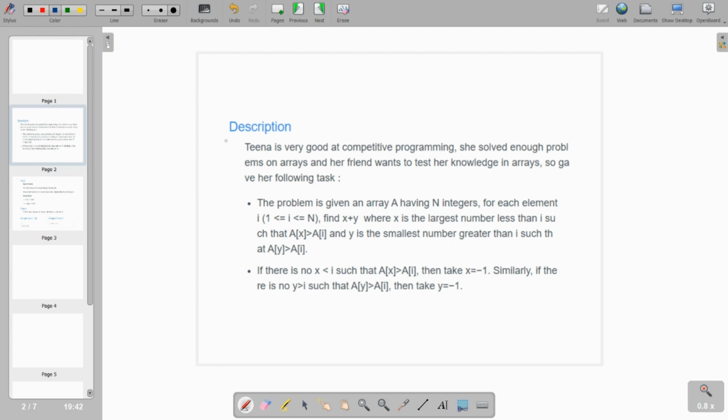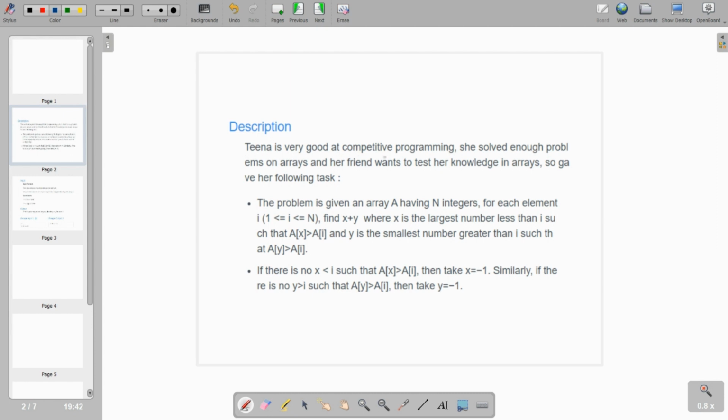First, we understand the description. Then, after understanding the description, we check the sample input and output and understand the question very well. Then we think about which data structure to apply, and whether this problem can be solved by brute force or not, all those things. So first of all, understand the description.